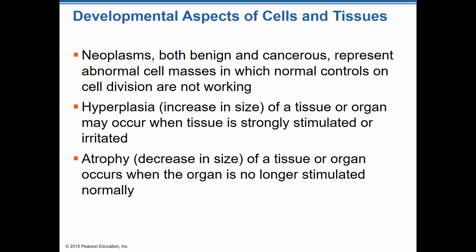Atrophy, on the other hand: if you break your leg and it's in a cast for 6 weeks and you take it out and it looks like somebody else's leg because it's a fourth of the size that it normally is, that's an example of atrophy because we didn't use those muscles in our leg. They decreased in size because they weren't being used. The body recycled those muscles and said, hey, look, you're not going to use them, we're going to use them somewhere else. And that's what happens, and what we wind up with is atrophy.